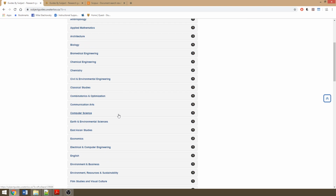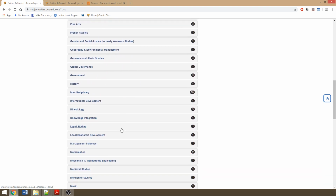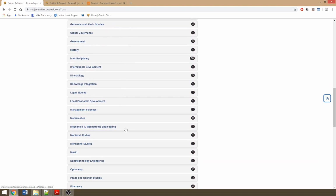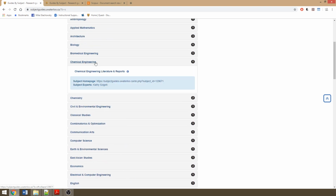We have computer science, so if you're looking for something about programming, electrical and computer engineering, you might come for that when you're doing your circuit stuff. And it goes on and on and on. Mechanical and mechatronics engineering, there's a bunch of research guides all over the place that you can use. But let's say we're looking for fuel cell things, which would be probably chemical engineering. And so I go to chemical engineering, and it says, hey, well, click on this one here, the engineering literature